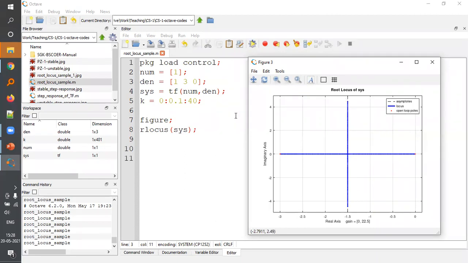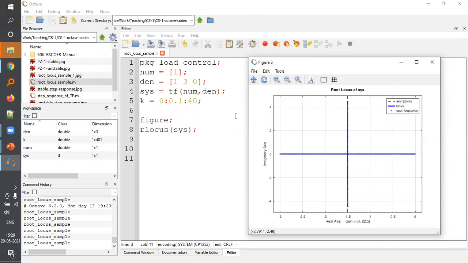So you can see when n minus m is 2, there are two asymptotes, and when there are two asymptotes, they are plus minus 90 degrees. When there become 3, the plane itself is getting divided into 3 parts. When that number becomes 4, the plane gets divided into 4 parts. Likewise, you can see and plot and check everything on the graphs.